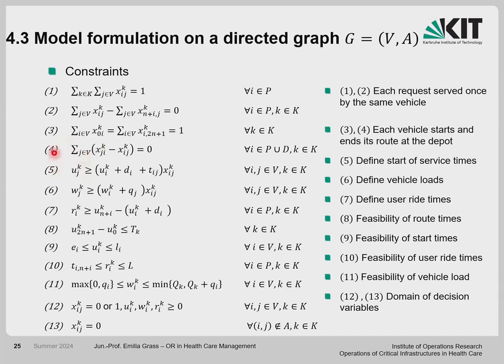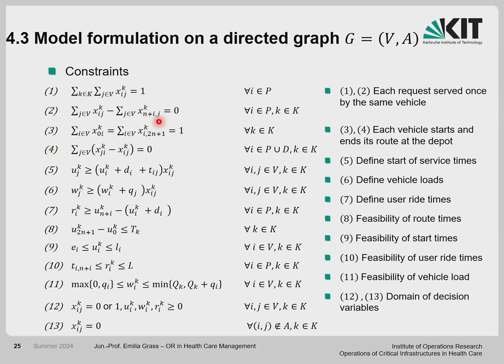The fourth one simply ensures that the number of times a vehicle enters a vertex i is equal to the number of times it leaves. So everything that comes into the node has to leave it again. Okay, it cannot simply disappear. This is also flow conservation. Okay, then we have the fifth